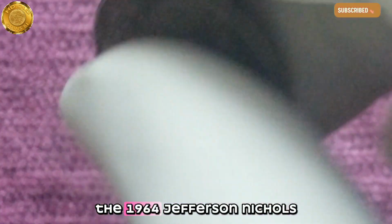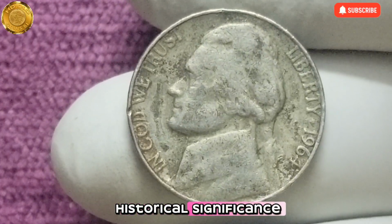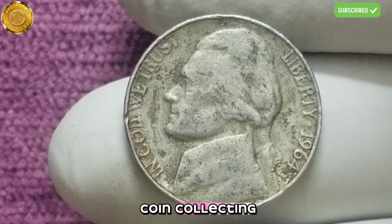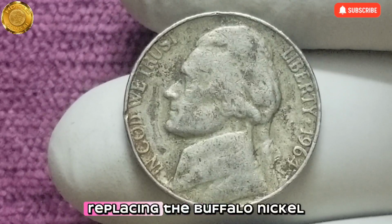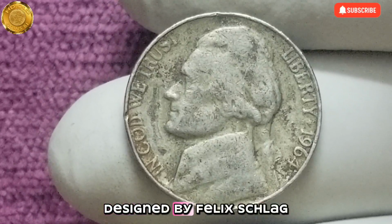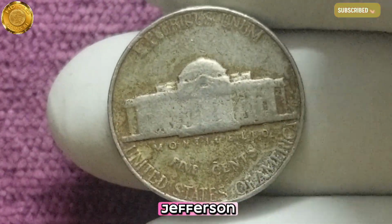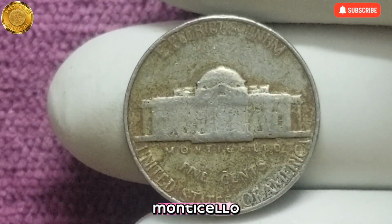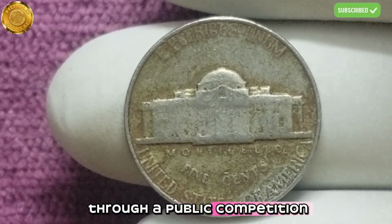The 1964 Jefferson Nickel stands out, not only for its historical significance, but also for its unique place in the world of coin collecting. The Jefferson Nickel had been in circulation since 1938, replacing the Buffalo nickel. Designed by Felix Schlag, the coin features a left-facing portrait of Thomas Jefferson on the obverse, while the reverse showcases Monticello, Jefferson's Virginia estate. The design was chosen through a public competition, and